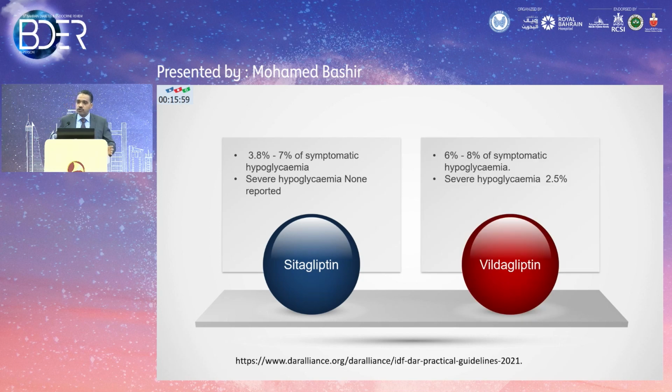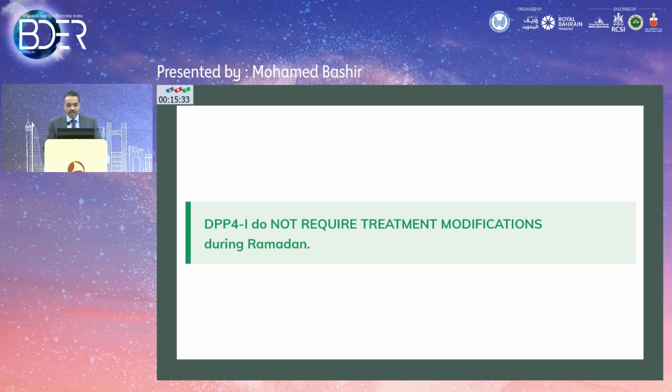So there are some studies that looked at sitagliptin and vildagliptin, again self-reported hypoglycemia, reporting rates between 3.8 and 8%. A kind of high rate, if you ask me, because even if you look at some of the sulfonylurea reports, they were not that high. However, again, I think every study has to be put in context, when it was done, where it was done, how long the patients had been fasting, and what they were doing before we conclude anything from them. But the recommendations are don't change the dose, keep them the same.